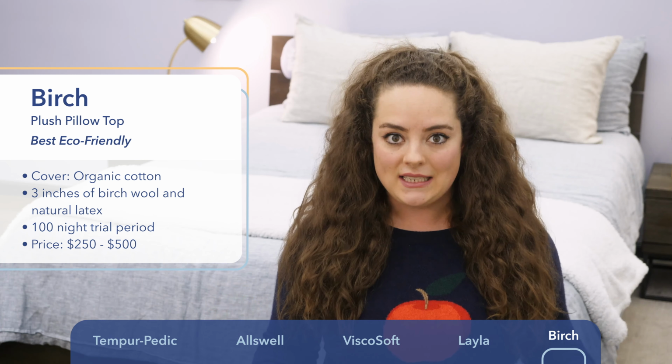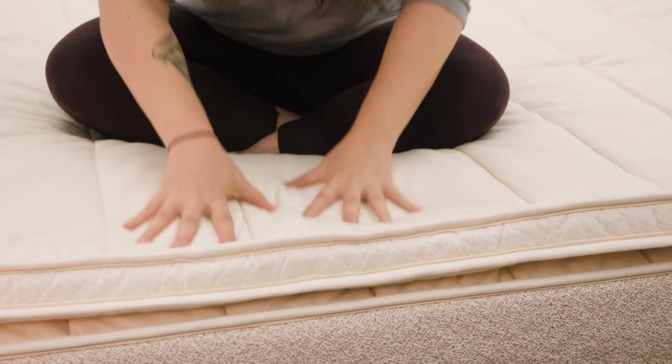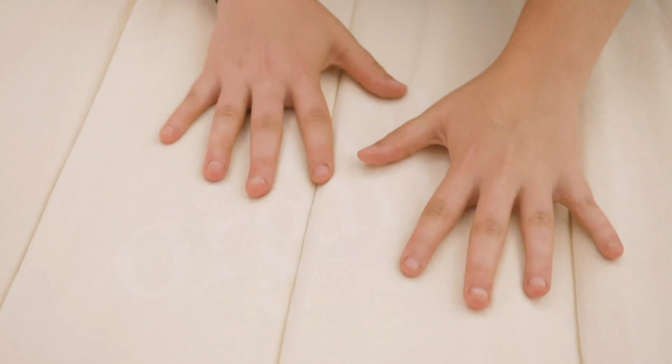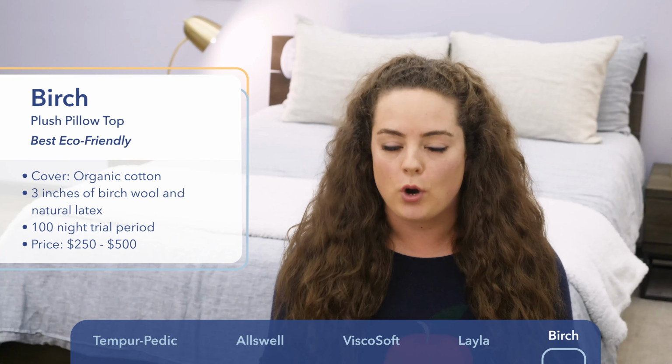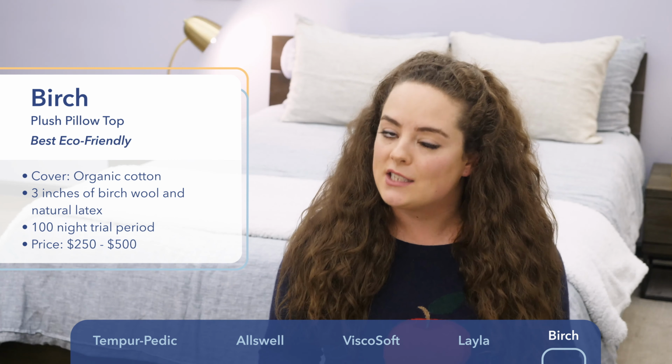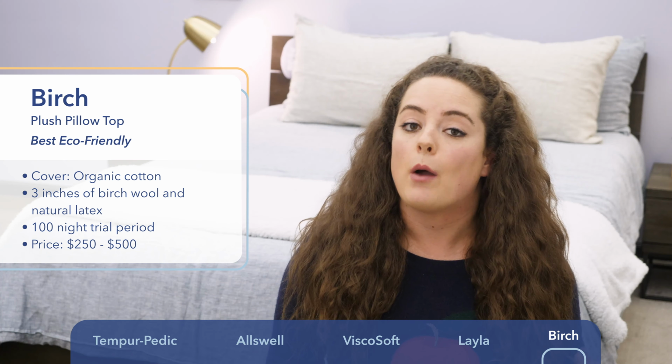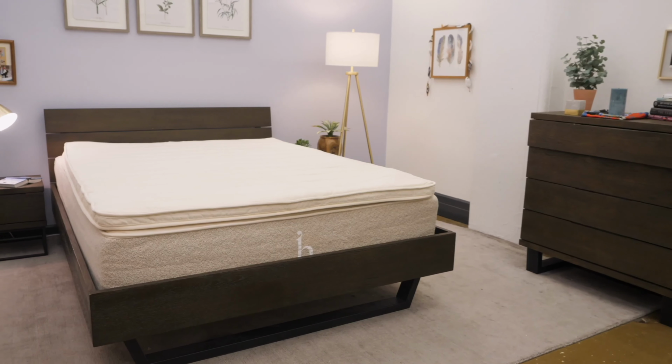Now when it comes to the latex, latex is going to be much bouncier and more buoyant as compared to memory foam. So if you're really looking for something that's got a quicker response to pressure with a little bit of bounce to it, this is probably the right one for you. Now, depending on the size you get, price ranges from about $250 to $500, but you do get a trial